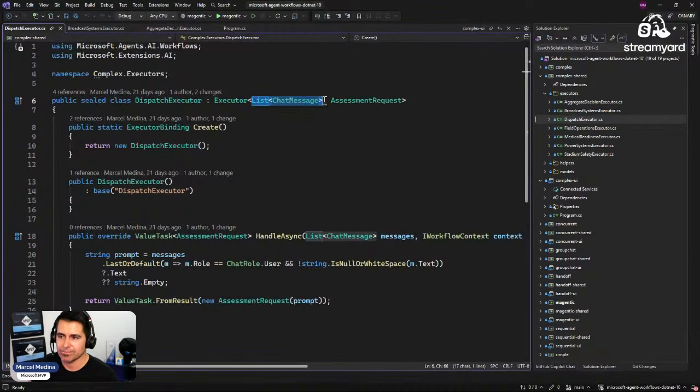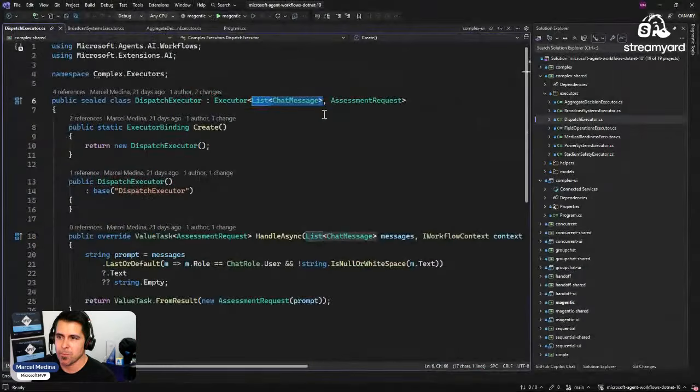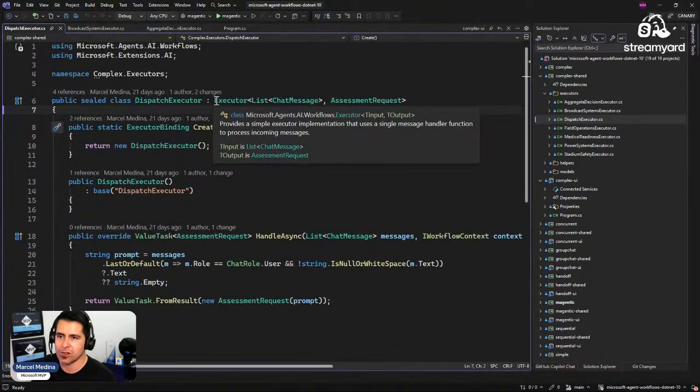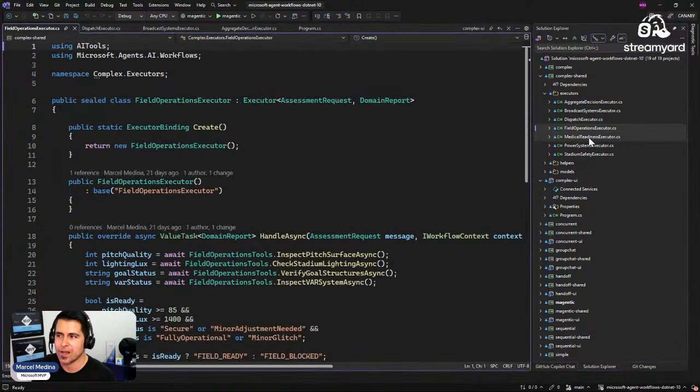This one. All right. Dispatch one could be a chat forwarding one, but you can see that I use this one as an input. Okay, I'm not saying that this is wrong. No, it's not wrong. But there are also other executors. They're more specialized. How do you know that, Marcel? Microsoft documentation is not up to date on that. You could simply